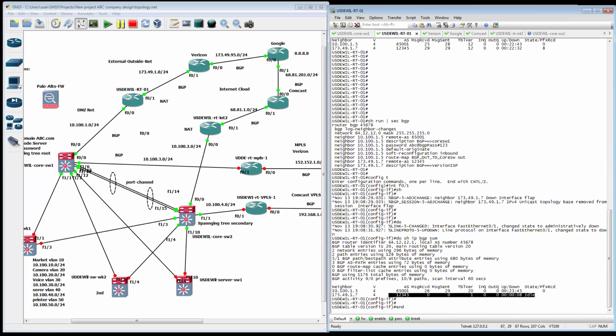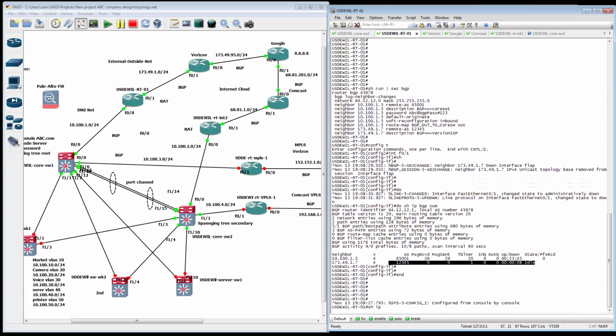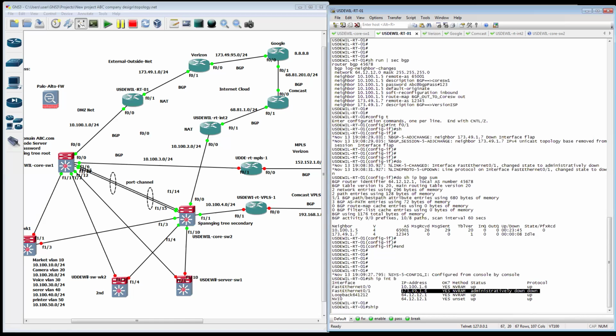So exit out here first. So we make sure we shut down the interface correctly, right? So show IP interface brief. Okay, yeah, this is freezing. We already shut it down, right? So when we show IP BGP in here,